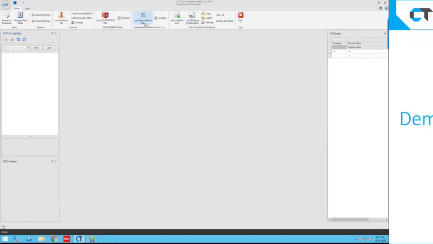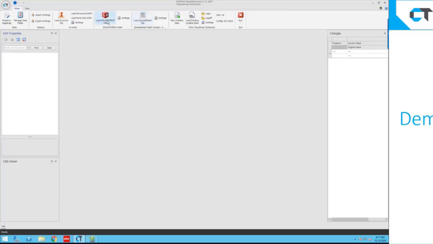into CSI. Another thing to note is that we work with all the major PDM software. So today I'll open things up from my file system, but if you have SolidWorks PDM or Vault or any of the other PDM or PLM software, we can pull data from those directly as well. So this is just for demonstration purposes. I'm going to show the simplest case. So let's go ahead and get started.